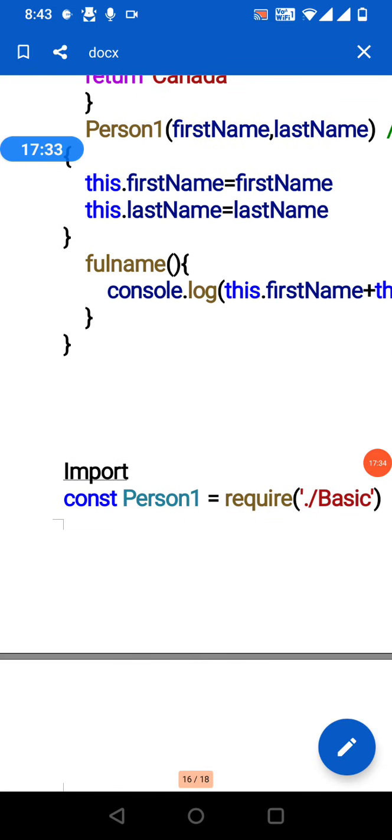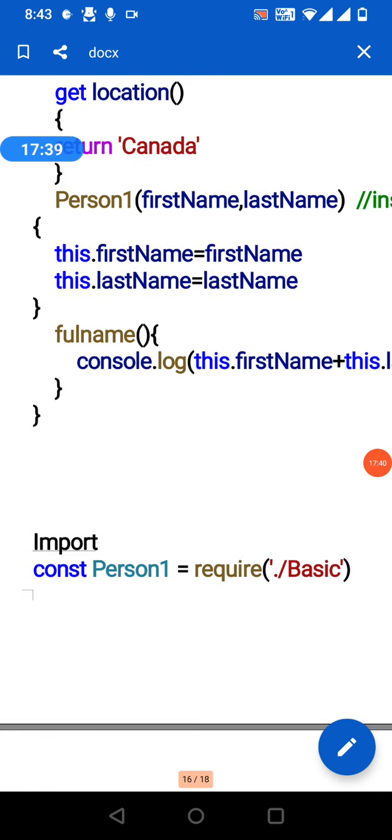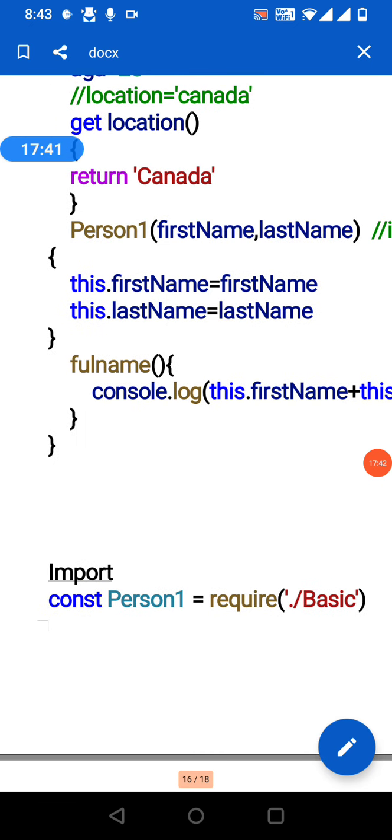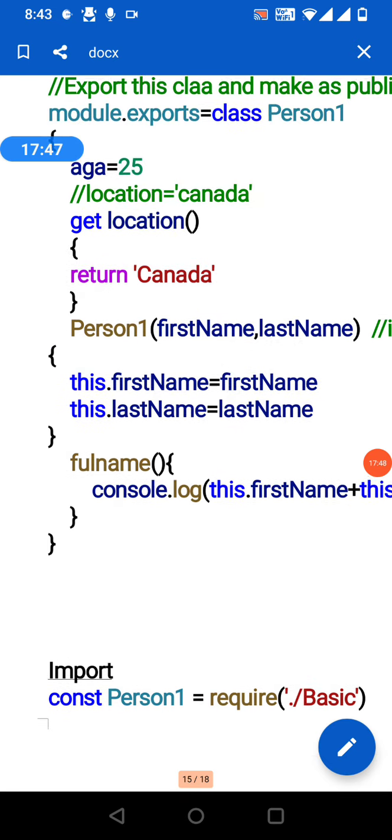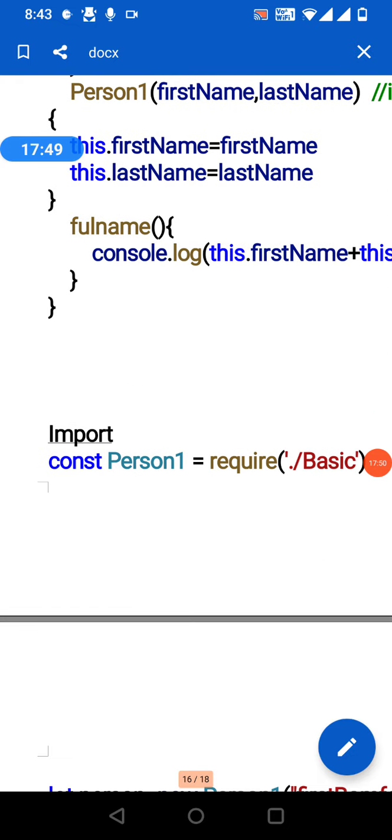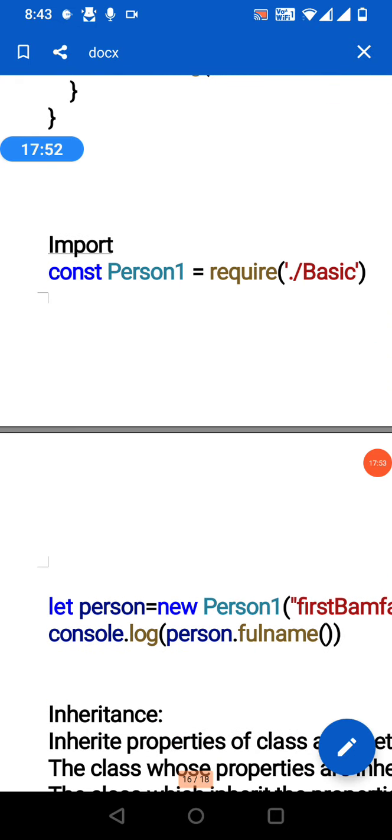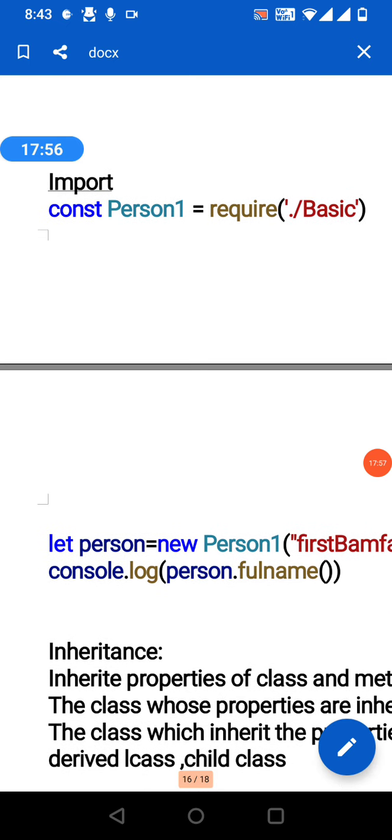For import, constant, so we don't want to change the variable person 1, that class name we give here. Require, what class file you want. Inside require we give the class file, basic dot js file, basic. In that way, in a different class file we import the class.